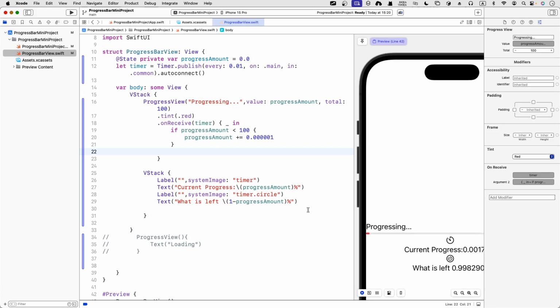Okay, we got this red progress. So yeah, we can change the tilt, and of course you can also change the progress view style. Remember, if you do not put any option inside, we get this default loading icon that is spinning around, and of course you can manually change all the progress